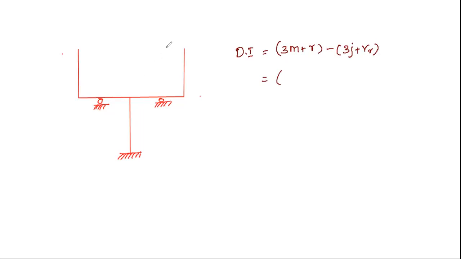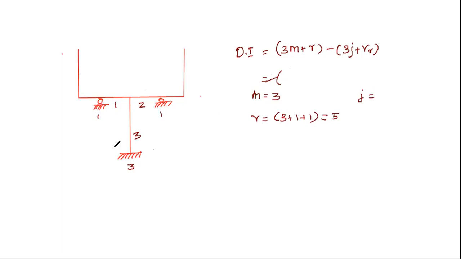So the members are 1, 2, and 3. The hint here is that it is continuous. There is an overhanging portion, so it will not be considered as a separate member. Similarly on this side, and even though there is a bend, it will be considered the same member. So how many members are there? M is equal to 3. What are the number of reactions? 3 here for fixed support, 1 for roller support, and 1 for roller support. So 3 plus 1 plus 1 is equal to 5.